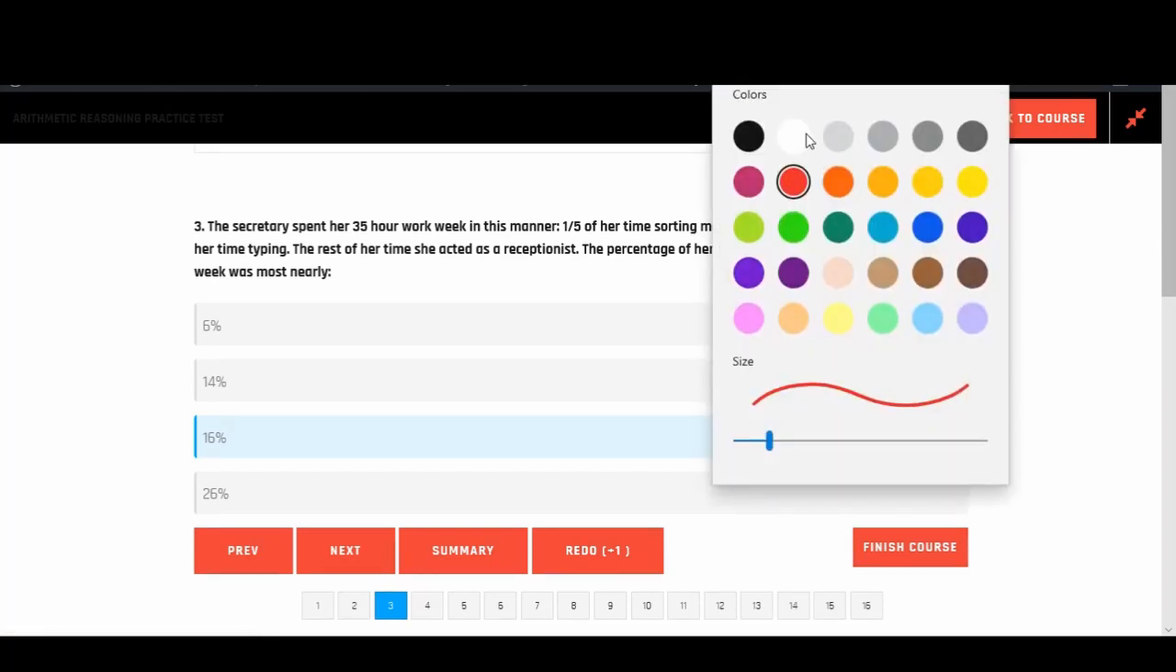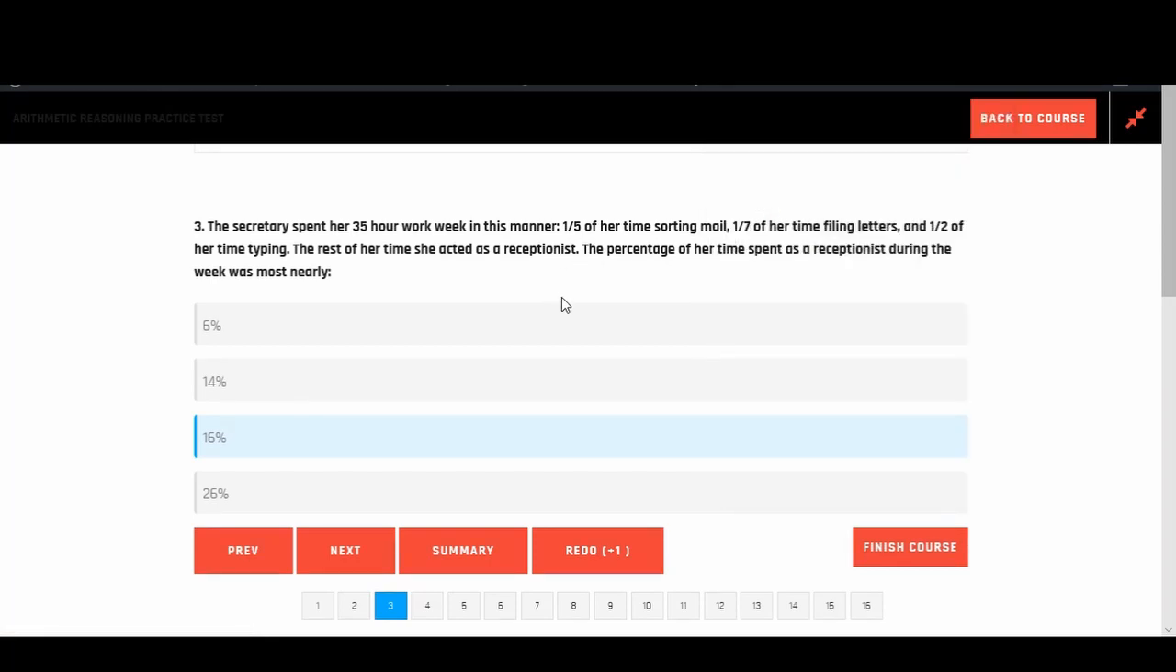All right. Number 3 says, the secretary spent her 35-hour work week in this manner: 1/5 of her time sorting mail, 1/7 of her time filing letters, and 1/2 of her time typing. The rest of her time she acted as a receptionist. The percentage of time she spent as a receptionist during this week was most nearly,